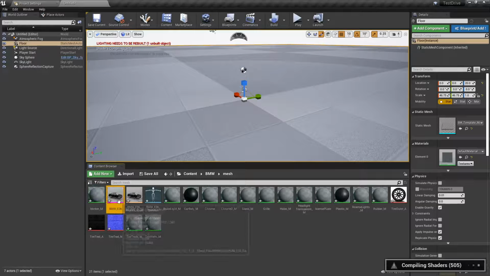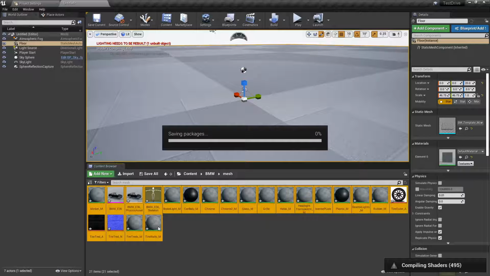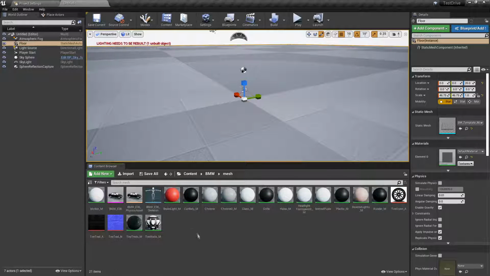Oh, there it is. This is quite quick. So first of all, I'm just going to select all and hit save, just to save them in case we get a crash. No pun intended. And once it's done, I think it takes longer to save them than it did to import. Alright, that did take quite a while, and I think it's because the shaders were compiling, so it's probably a good idea to wait for them to compile before you save them.